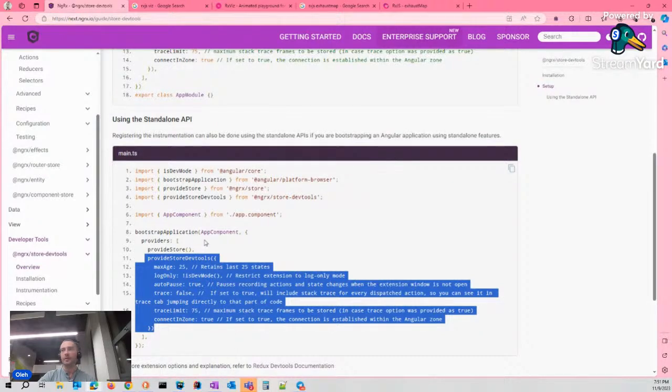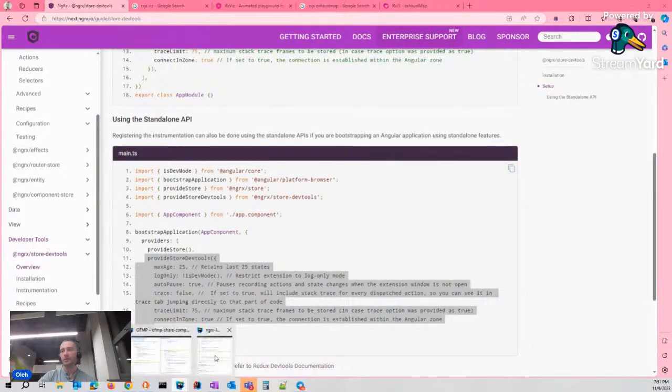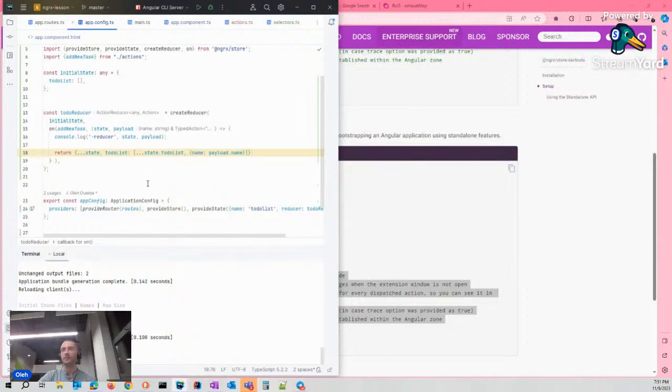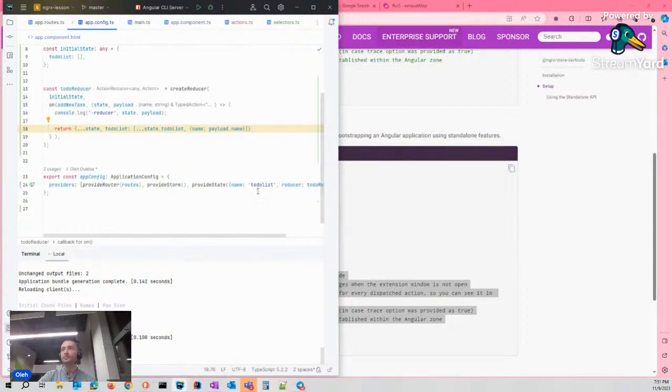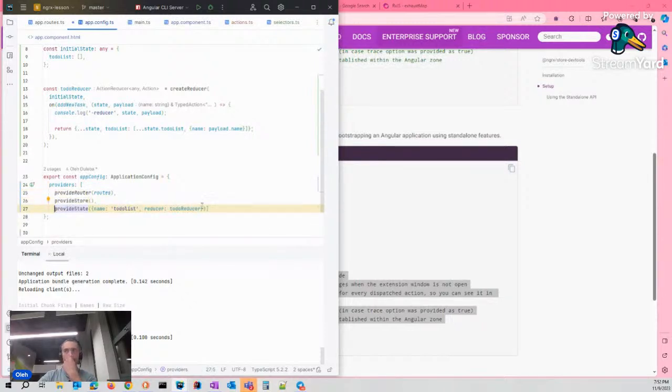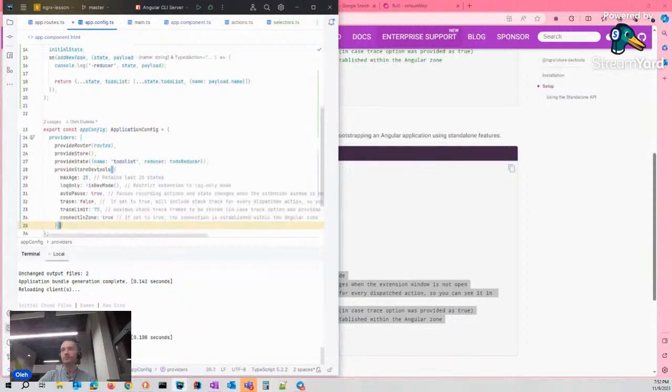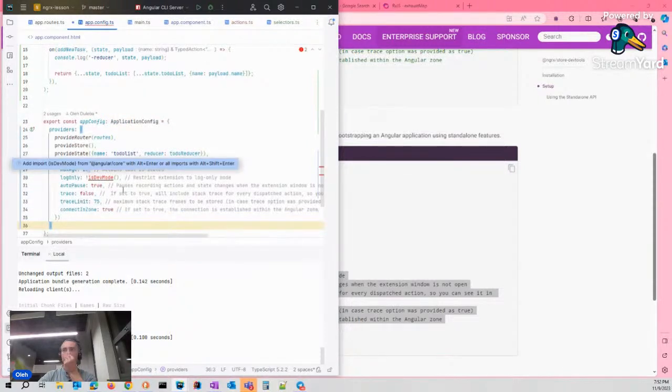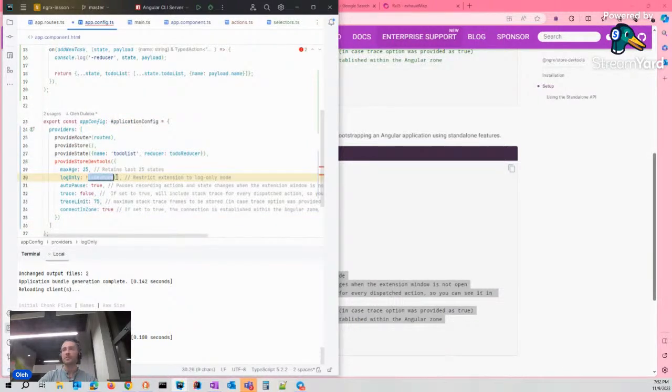In the bootstrap application or in our app configuration, app config, here. Log only.